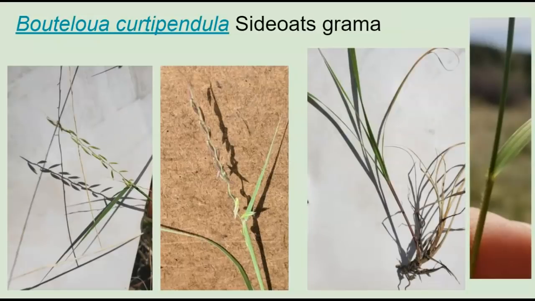And now we have Sideoats grama, Bouteloua curtipendula. This is such a beautiful grass, and it is also very delicate, but it's of a mid-height. And this is an example of a raceme. The glooms are borne on individual pedicels as they go up the stalk, but there's no secondary branching, so it's